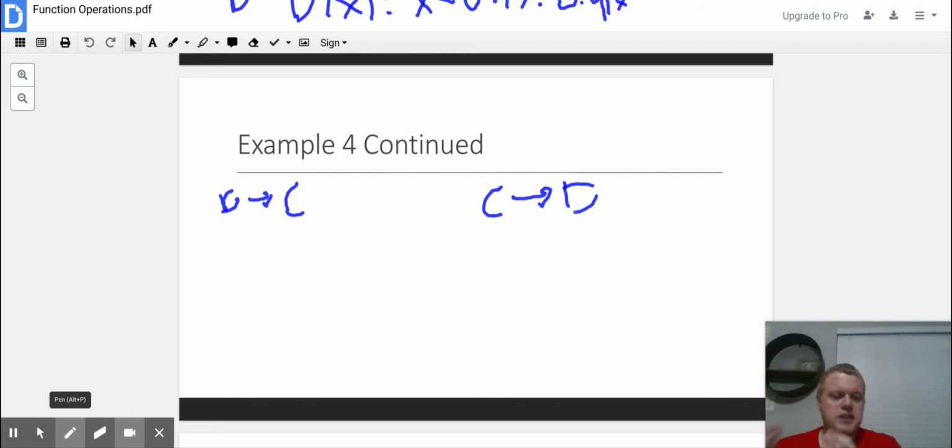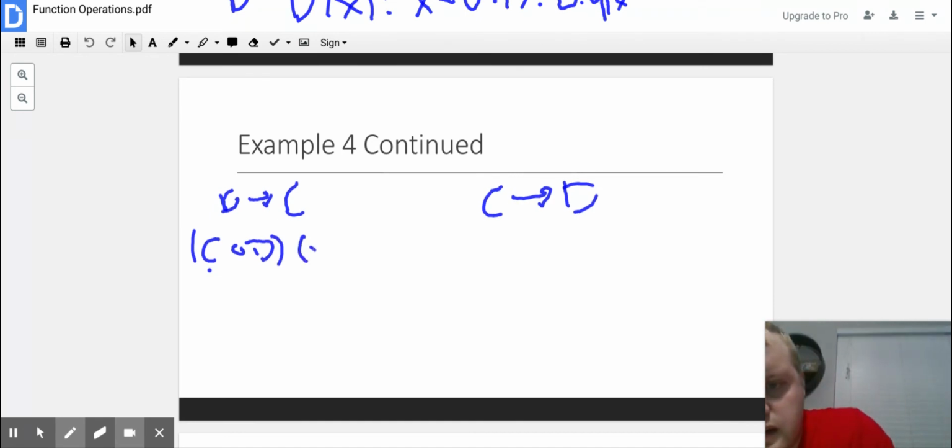In this equation that we're setting up here, we're going to rewrite this as coupon of discount of x, and you'll see why I'm writing it this way in a second. The vice versa way would be discount of coupon